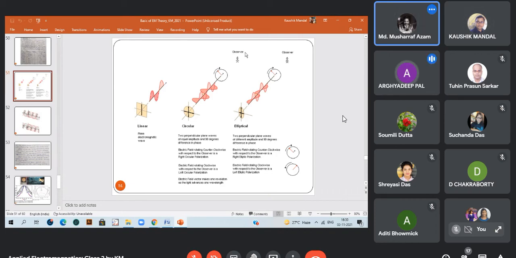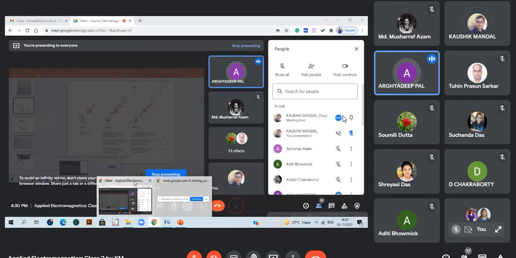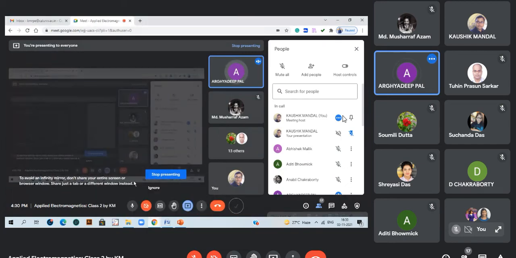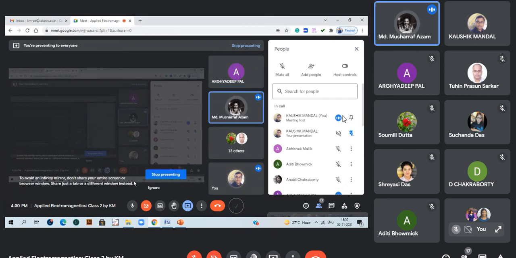Sir, if the thumb gives the direction of current, then the way our fingers are curling is the rotation direction of the magnetic field. So sir, what is the concept of LHCP and RHCP with that? LHCP and RHCP are defined with the electric field. What I'm saying here is that the essence has been used. That particular rule is not copied here. The essence of defining that rule has been used in laying out this terminology of polarization.